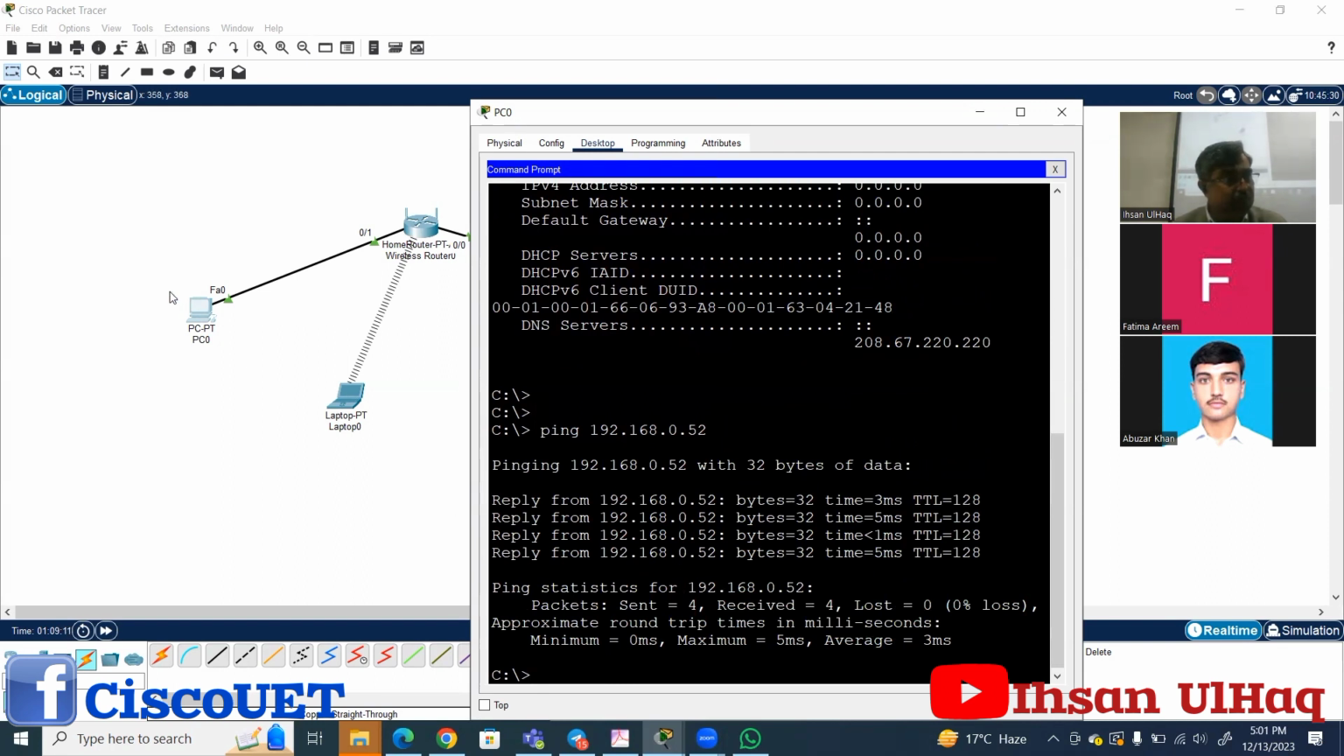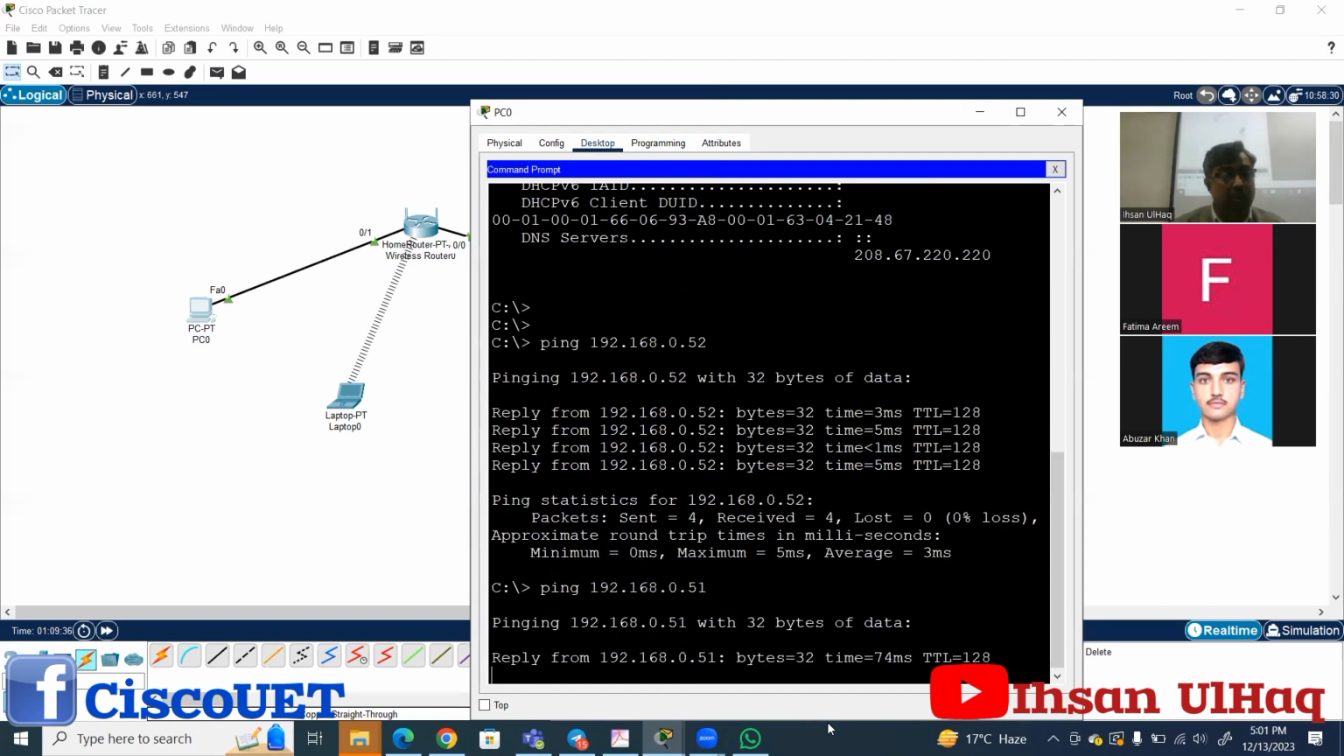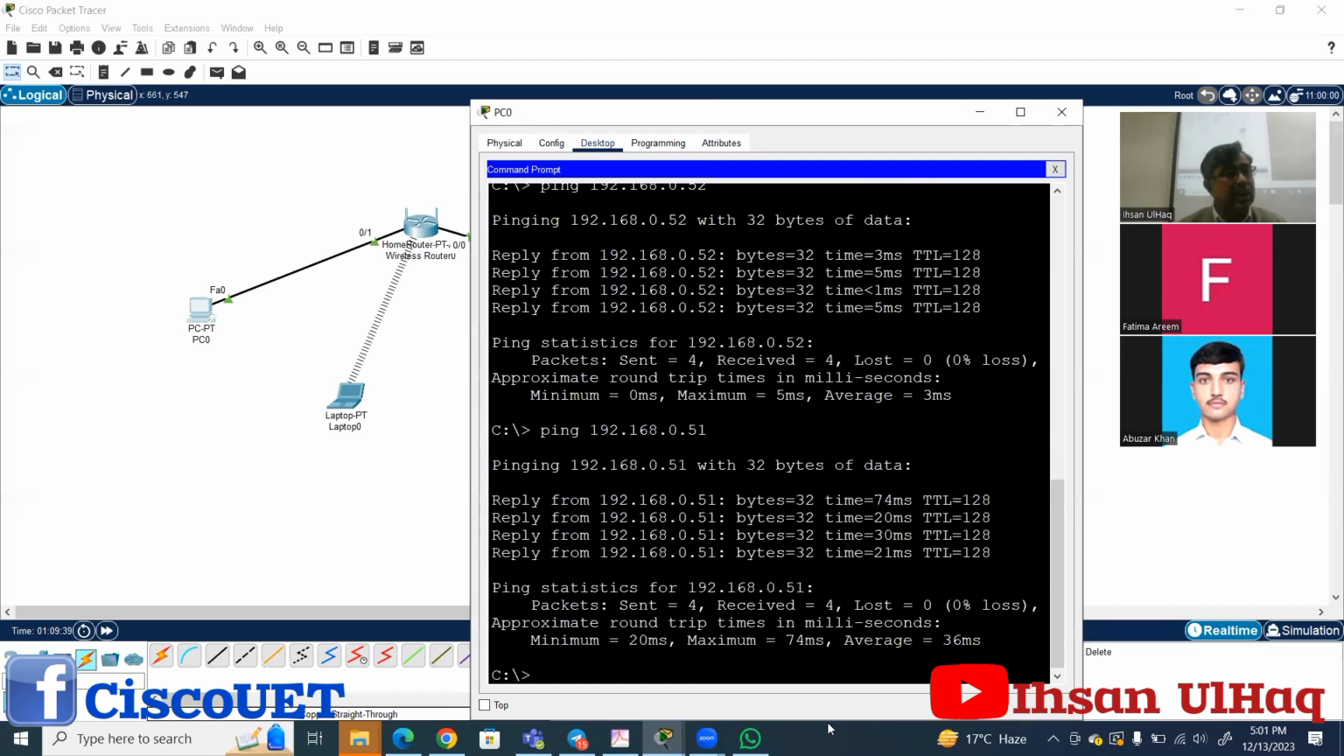Which means this machine sent 4 packets to itself, and all the 4 responses are received. It should be. But if I do here, ladies and gentlemen, instead of 52, I use 51. 51 is the IP address of this laptop. I am sitting on PC 0. Let's see this. Oh, yeah, it is also responding. Is it responding? Yes. Now I write here ping